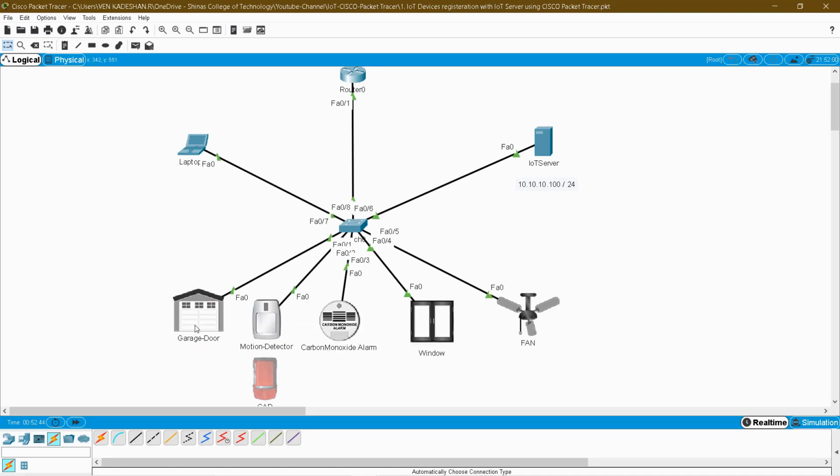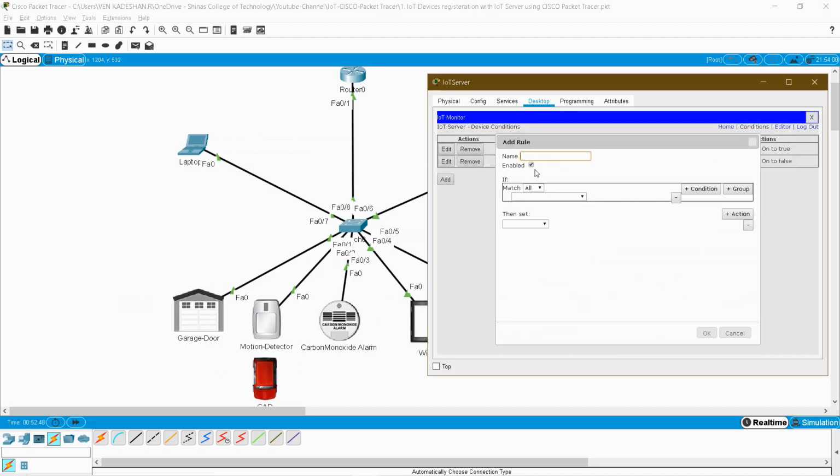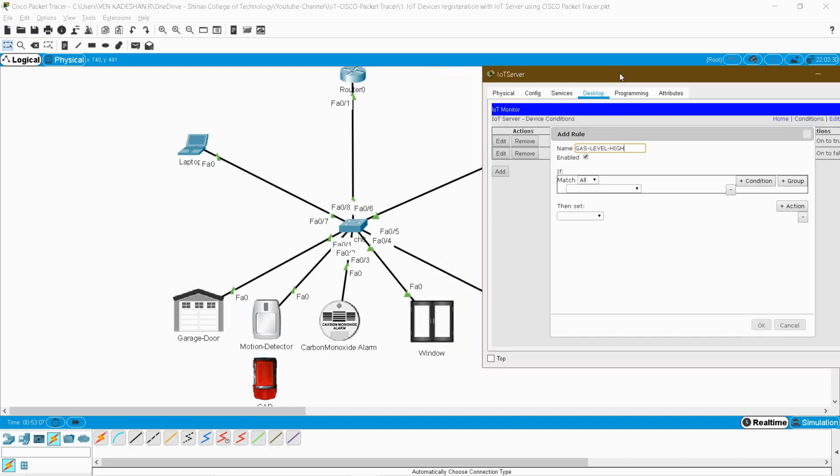And next condition, for example, gas level high. Suppose there is a gas leakage or your car is emitting more carbon monoxide, then this will sense the carbon monoxide level. What I have to do is, once the garage has more carbon monoxide gas, I want to make my window open and I want to run the fan.